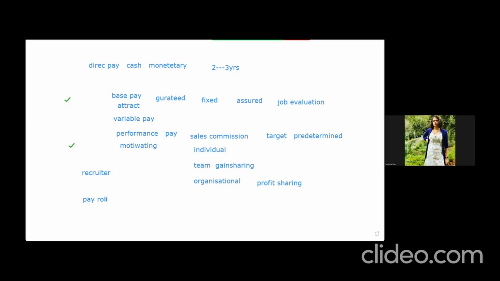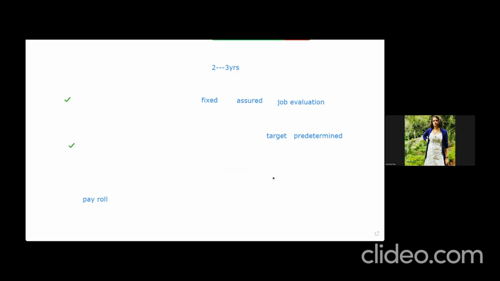But ma'am, we can also have things like timeliness. You prepare the payroll by time, or you have accuracy. Absolutely, I'm coming to that. There are certain things for a payroll person where he can't afford to make mistakes, so it has to be his accuracy. How many mistakes is he making? Otherwise, at the end of every month, the payroll help desk will have a huge hue and cry.